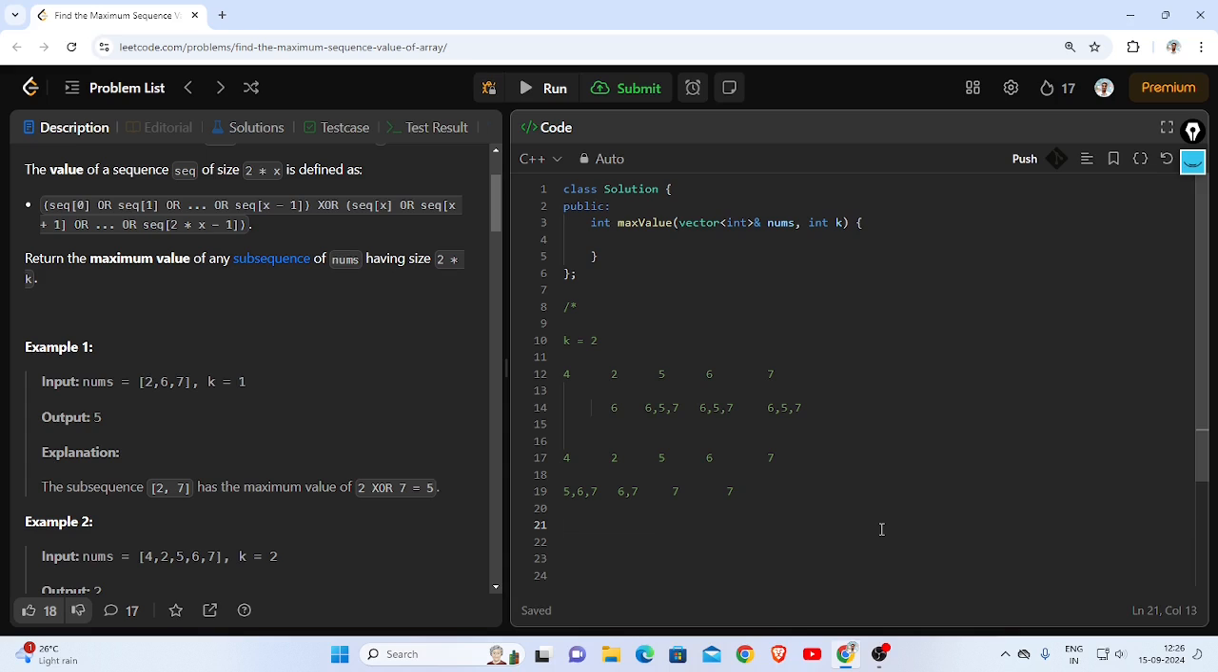Now, these are the OR values from the left side, these are the OR values from the right side. I finally want a XOR in between such that it's maximum, right? Okay, so since we are doing brute force, we are just going to